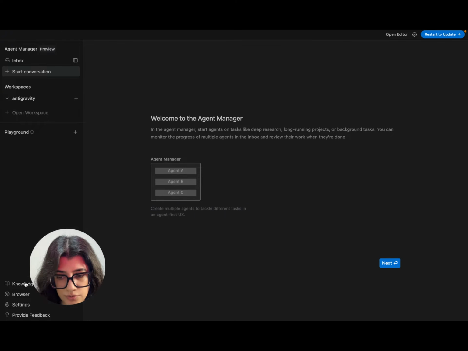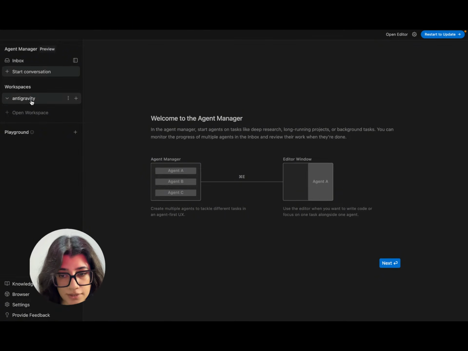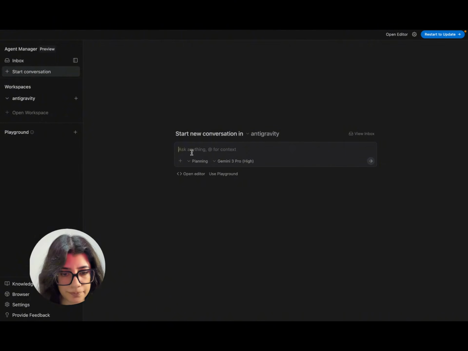We'll go to agent manager here. ठीक है, I'm gonna create a workspace. Workspace मेरी already create हुई है, जिस folder को मैंने open किया था Antigravity के नाम से. I already have a workspace here. I'm gonna start with a plus. Okay, we'll go here and do next. And I'm gonna say create